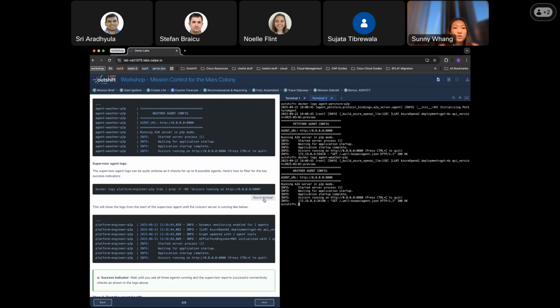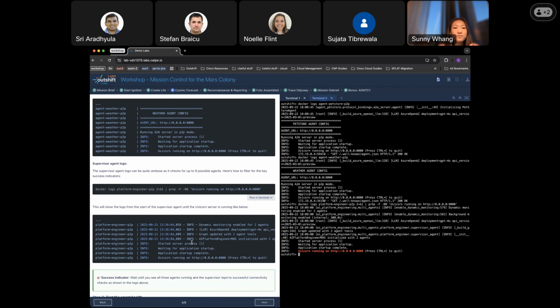And finally, supervisor agent log. And for supervisor agent log, because it is doing a lot more stuff, like actually connecting to weather agent and pet store agent, there's a lot more logs. I'm just chopping it up and showing you the important line. Basically, wait before you open up your chat CLI to ensure that all of the agents are showing